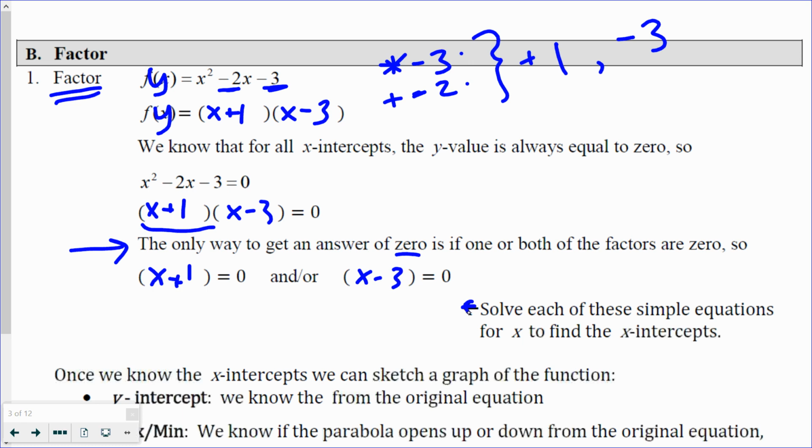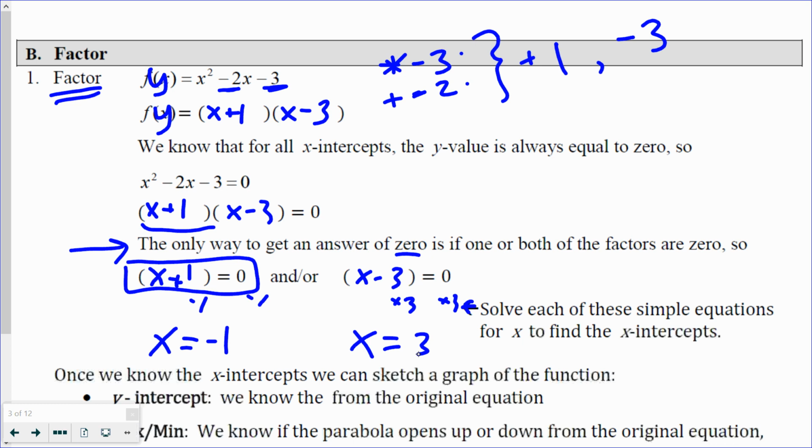So in order to solve this first one for x, I know I need to subtract 1 from both sides. What I do to one side of the equation, I must do to the other. So x is equal to -1. And then for the second equation, add 3 to both sides. What I do to one side or the other, I must do to the other. So x is equal to 3. So these are